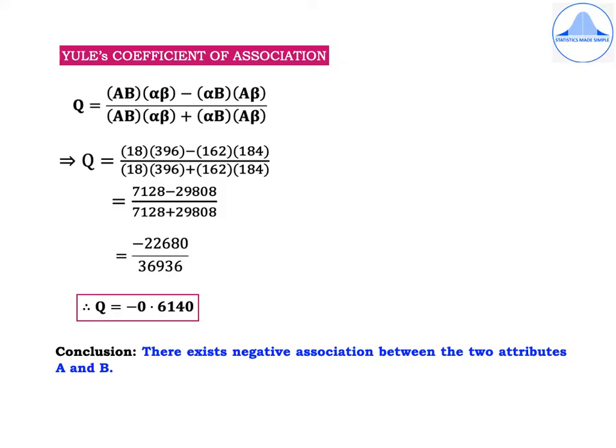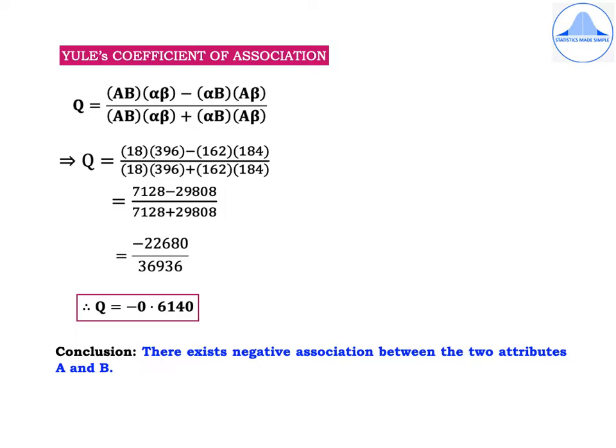Next, we need to compute Yule's coefficient of association. So write the formula Q is equal to AB into alpha beta minus alpha B into A beta divided by AB into alpha beta plus alpha B into A beta, which is equal to 18 into 396 minus 162 into 184 divided by 18 into 396 plus 162 into 184, which is equal to 7128 minus